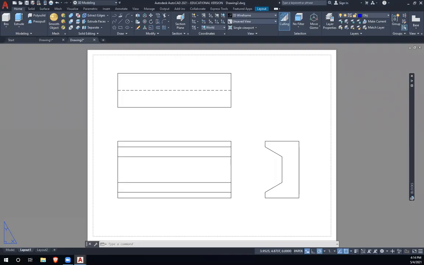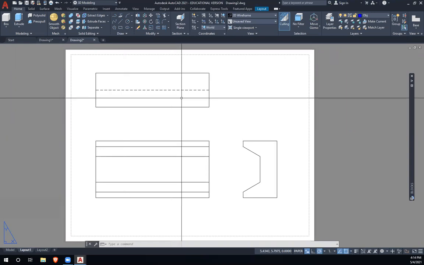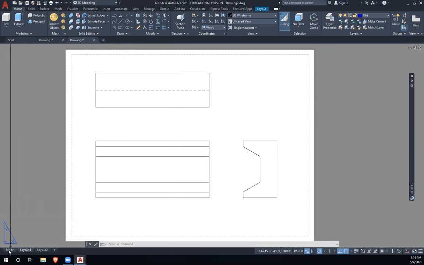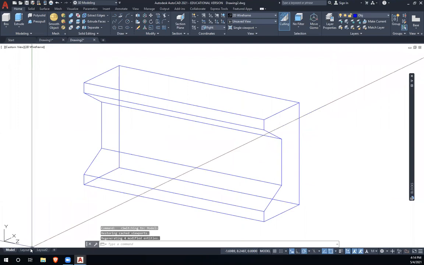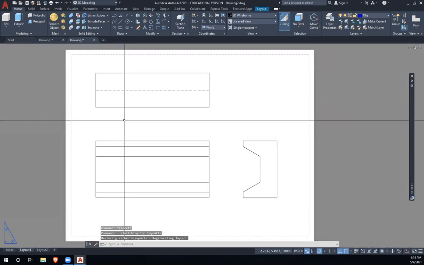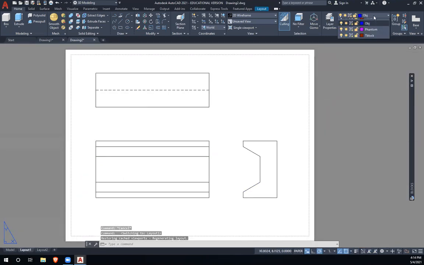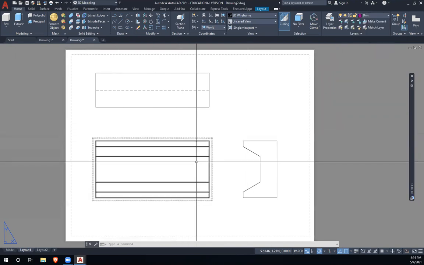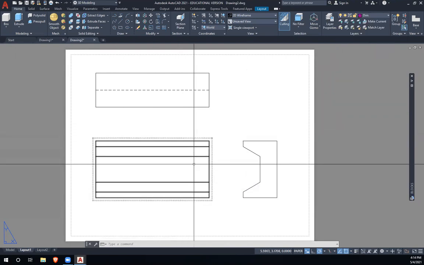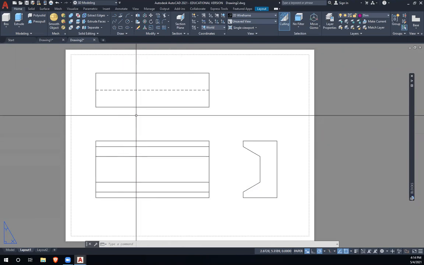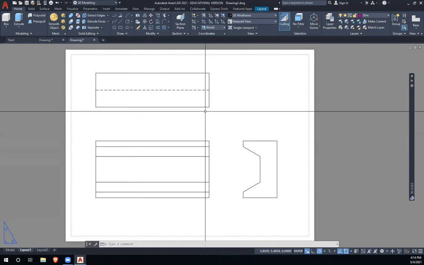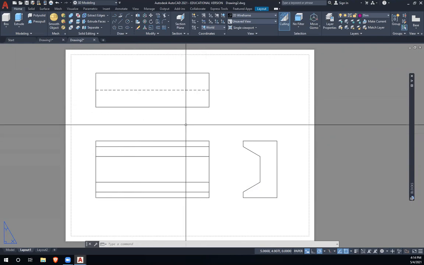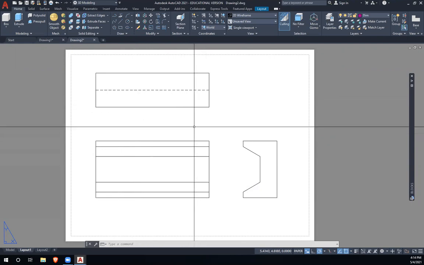All right. So now that I have it laid out in my drawing, right? In model space, I just modeled it up in 3D, laid it out, and gave 1.5 inches between views. I'll change my layer to the dimension layer. I would also put center lines wherever needed, even though those diameters put their own dimension lines or center lines on there. So that's helpful. Anyway, we want to completely dimension this thing so that we don't over dimension it,